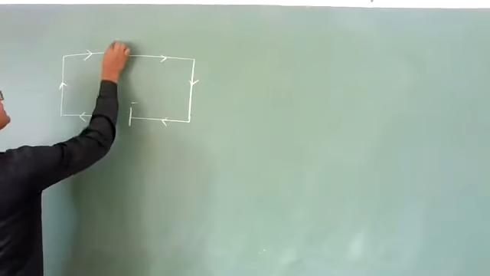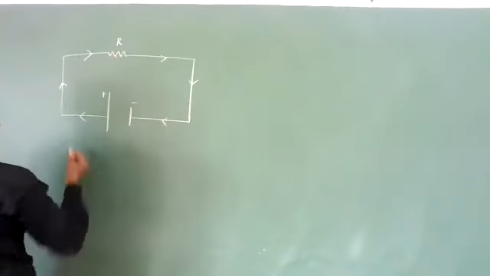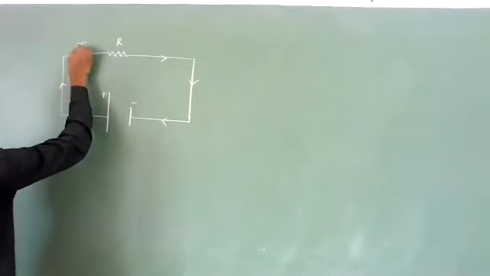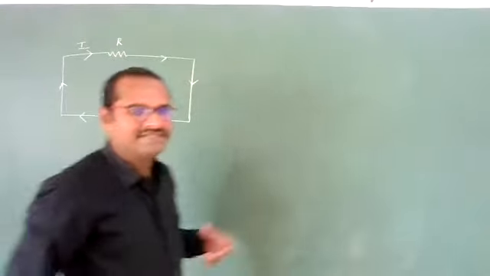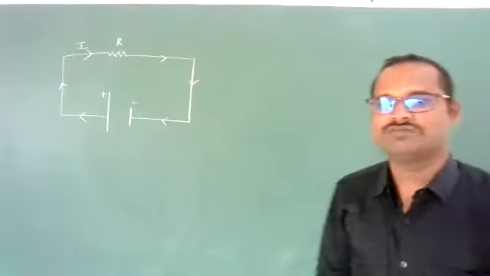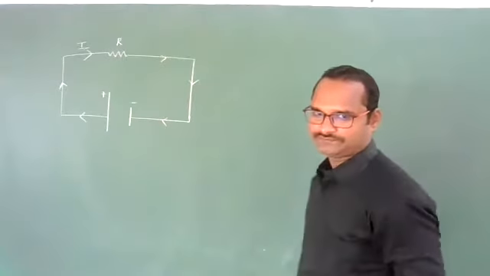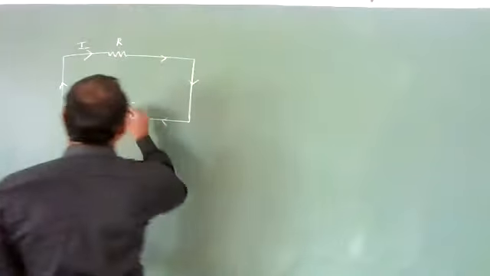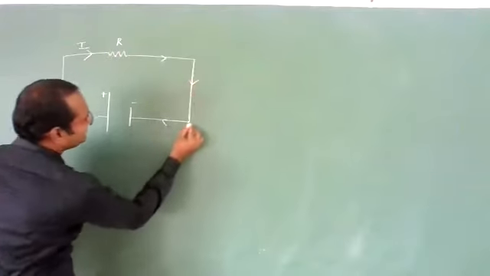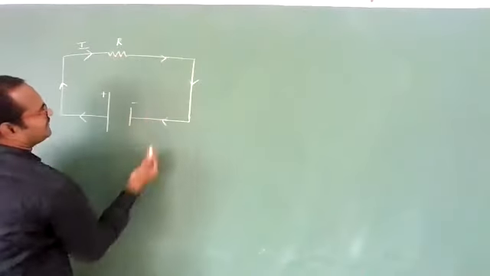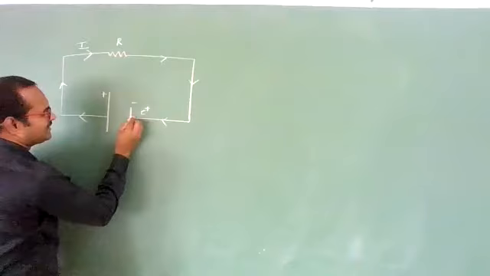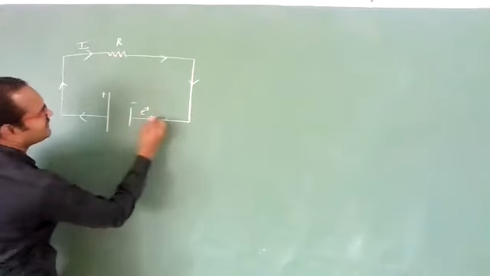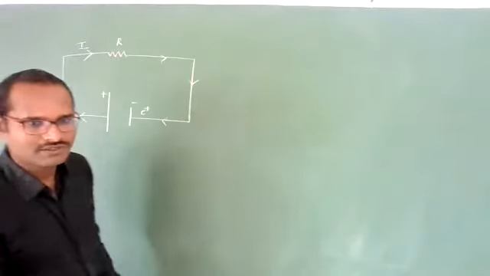So, let us suppose this resistor is capital R. How much current is flowing? Let us suppose current I is flowing through this resistor R due to this battery. Current is flowing means what? Charges are moving. Let us suppose what type of charges are moving in the direction of this arrow mark. They are nothing but positive charges. Positive charges are moving in this direction, whereas electrons are moving in the opposite direction, which I told you. Clear?